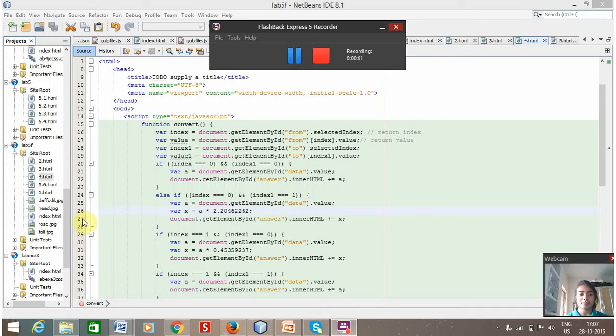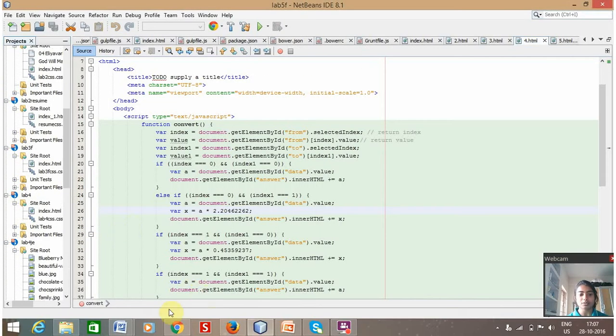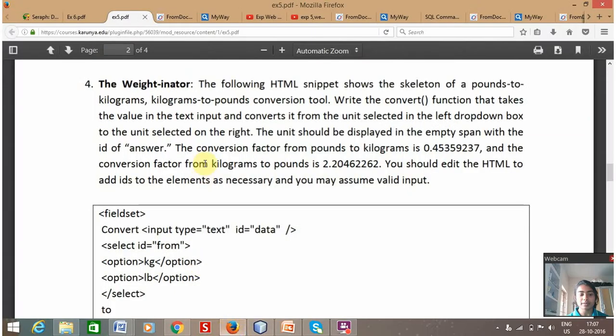This is experiment 5 in web technology. This is Sharika, UR14CS122. So here the first experiment is